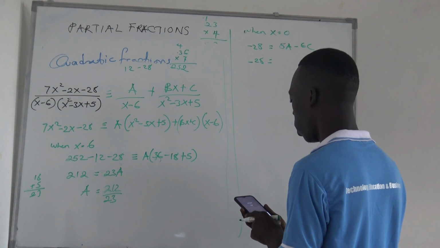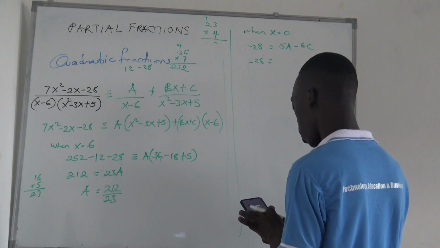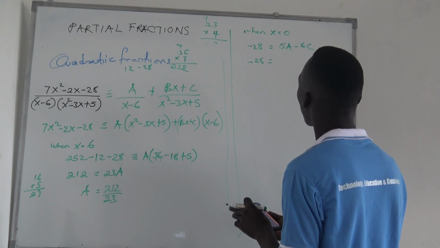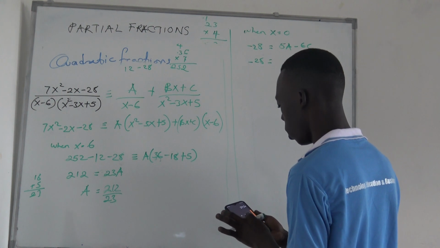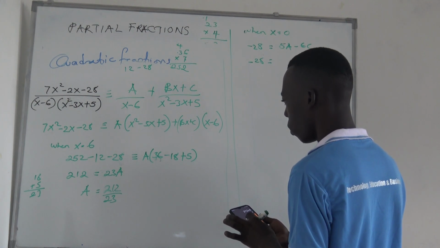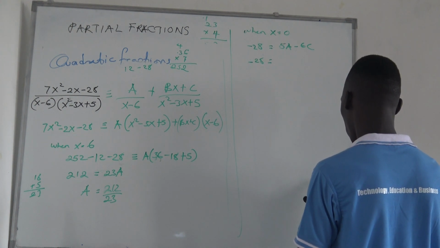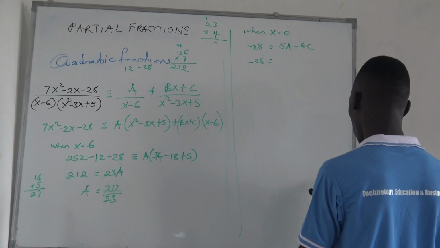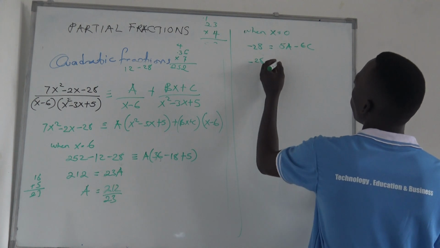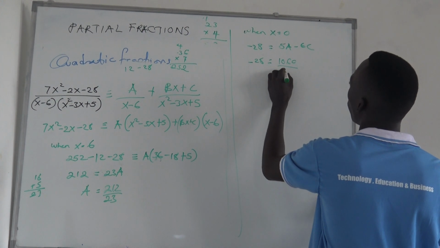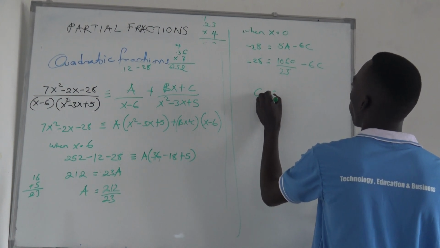So we are putting in the 212 times 5. So divide by 20, which will be 1060 out of 23 minus 6c. So by doing this, you have the value of c as